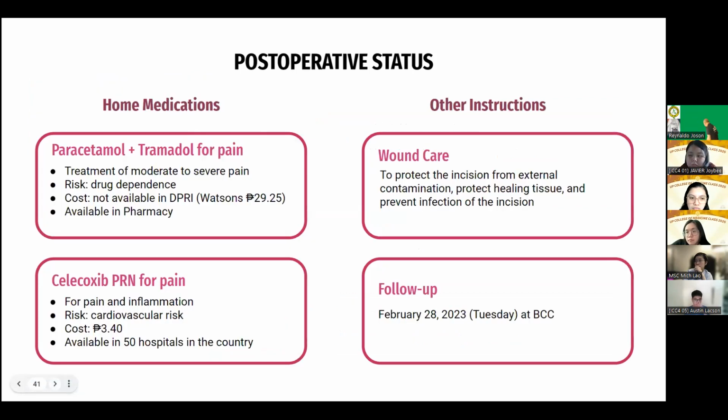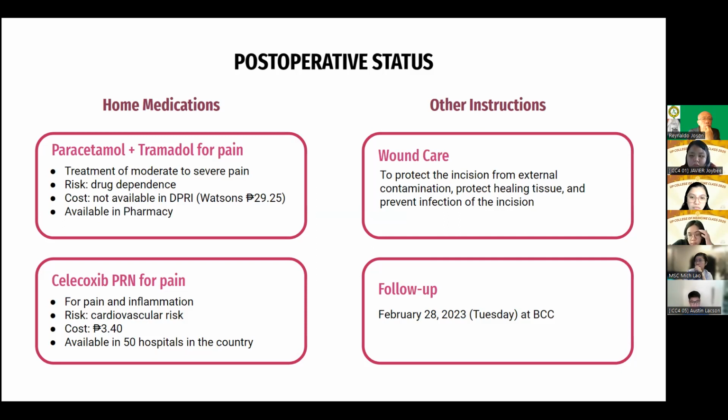So, the post-operative status, po: paracetamol, tramadol for pain. So, treatment of moderate to severe pain, though there's a risk of drug dependence with the tramadol. The cost naman po is not available in DPRA, pero sa Watson, so nag-check po kami, it's around 29.25 pesos